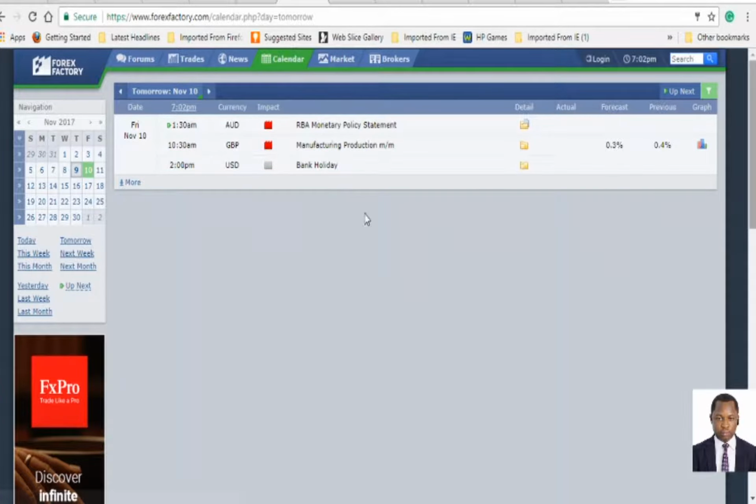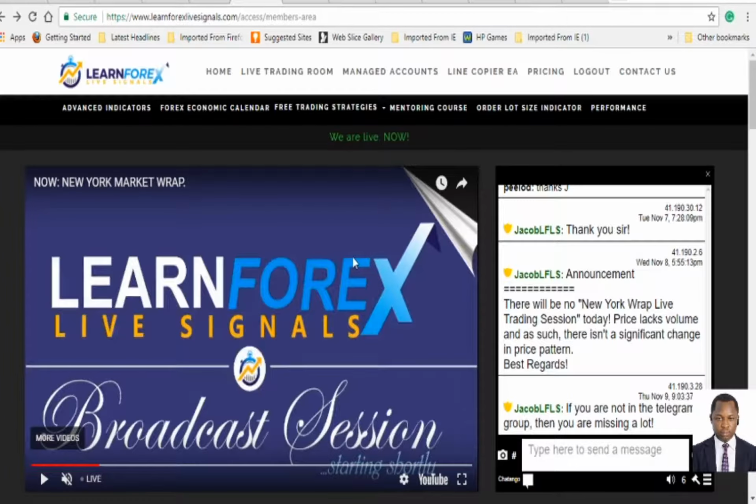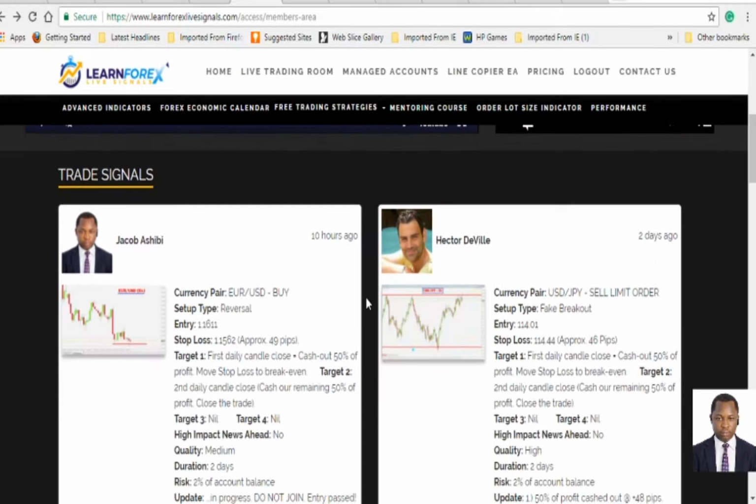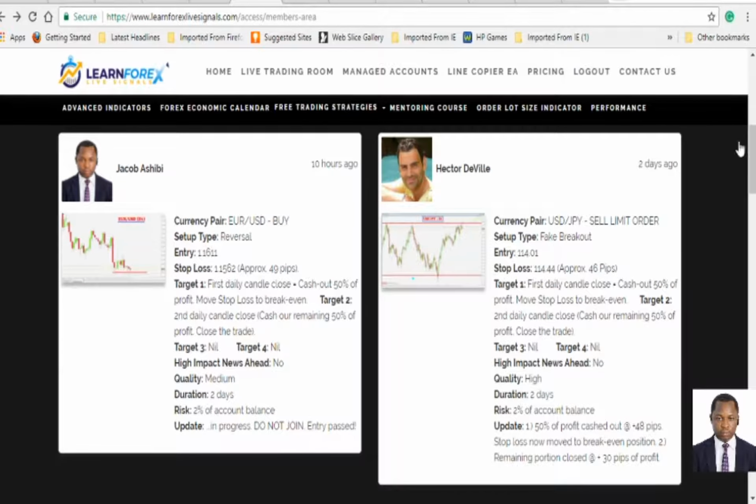Okay, all right, last week we talked about the euro against the American dollar, and today we found our valid trading opportunity as posted in the signal section. You can actually see that here. That was the trade, the euro against the American dollar, where we went long. We were actually cautioning people not to go short. So today we found that entry.